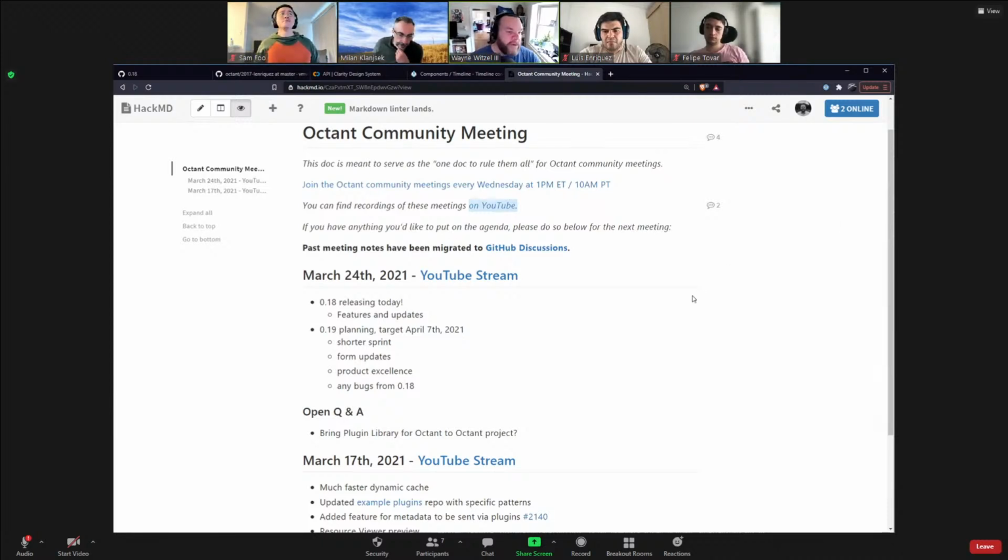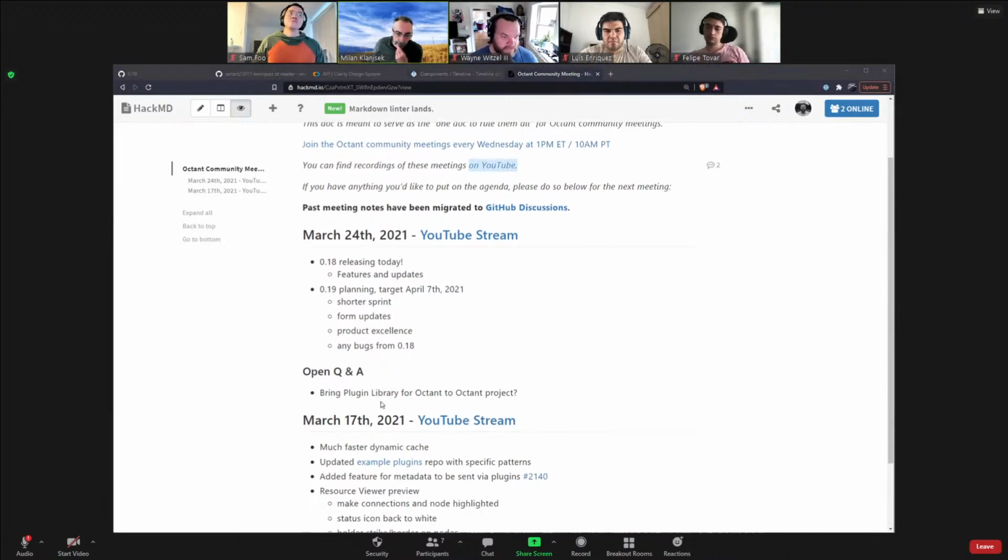Okay. So yes, what I wanted, go ahead. Sorry, I put a question. We can do it at the end too. It's just a thought. It seems that it might be a little easier for us to keep a plugin library and Octant in sync if we bring them together, especially with npm 7.0, which can have different workspaces. So I'm thinking it might be a good idea to merge those two together inside a monorepo,